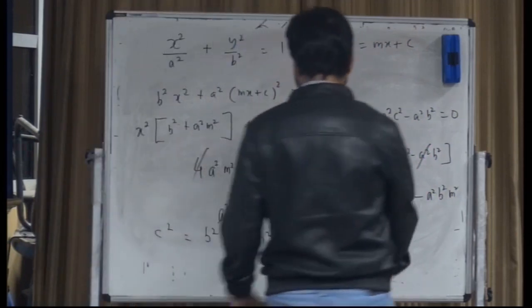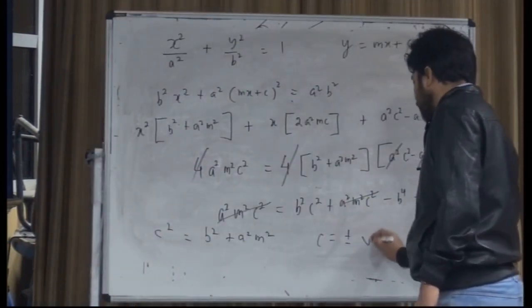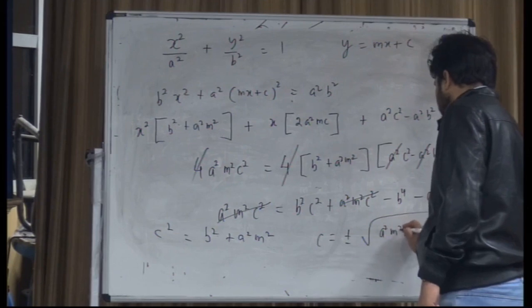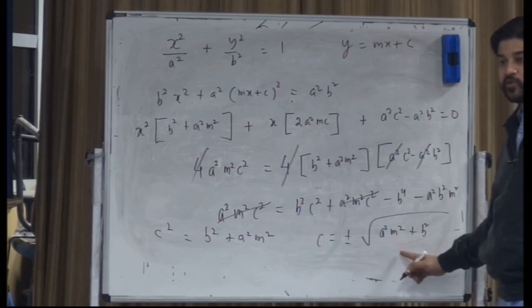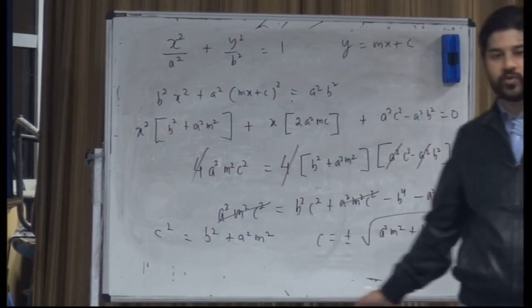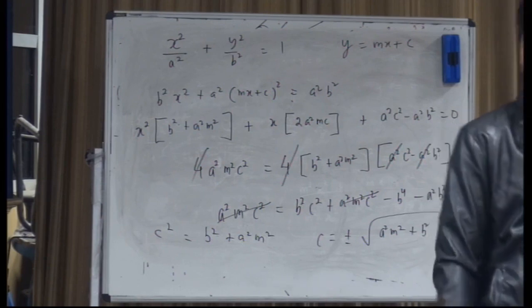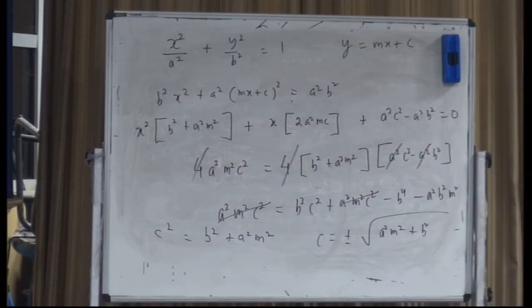So you are going to see as plus minus under root a square m square plus b square. सर्कल का क्या था? a स्क्वायर m स्क्वायर प्लस a स्क्वायर था सर्कल, और इसमें क्या हुआ? सिंपली a स्क्वायर एक का रिप्लेस हो गया b स्क्वायर से, है ना. और कॉमन सेंस से बताओ हाइपरबोला का क्या होगा? यही हाइपरबोला और एलिप्स में क्या फर्क है? एक है x स्क्वायर बाई a स्क्वायर प्लस y स्क्वायर बाई b स्क्वायर इक्वल टू 1, और तो b स्क्वायर